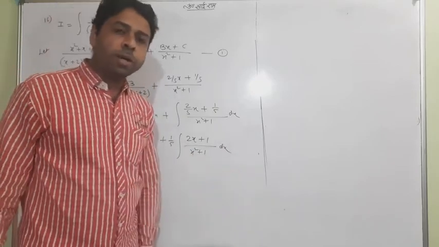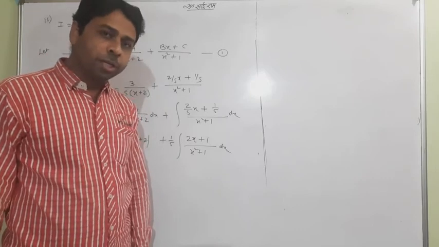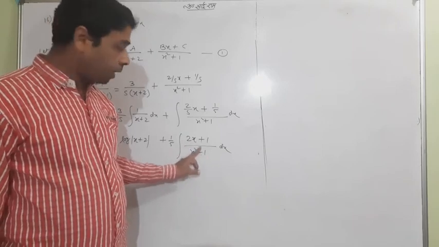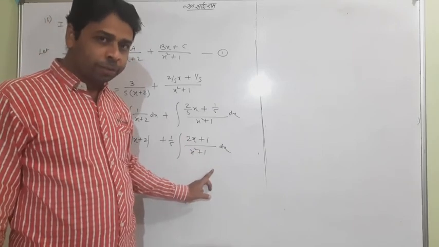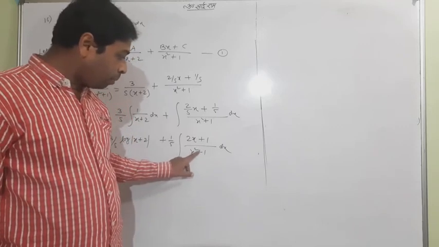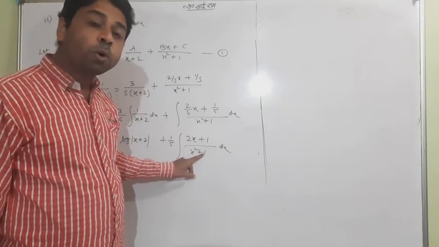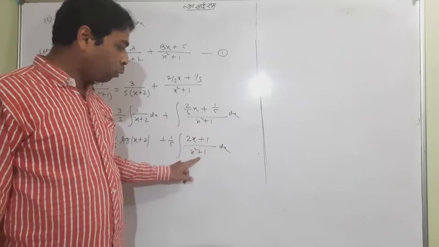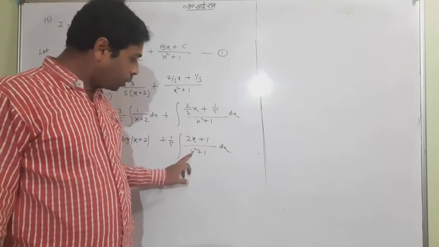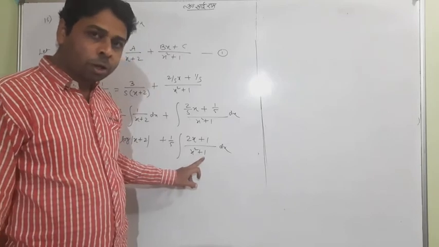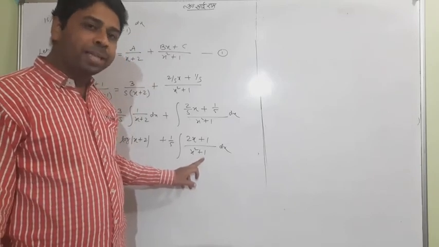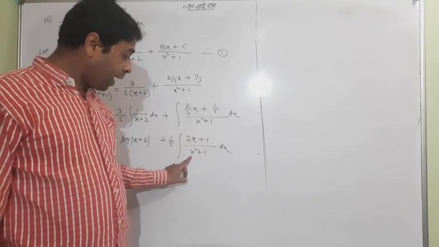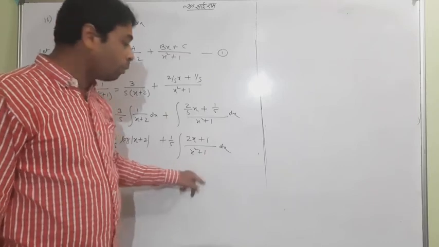Let me say one very important thing. If you focus on that, it will be easy. It is linear and it is quadratic. Linear upon quadratic concept we have already studied. But let me explain. It is x square, but there is no x term here. We don't have a lone x term here. So don't do it by linear upon quadratic, because in the case of quadratic, it must be ax square plus bx plus c. A single x term should be there, then linear upon quadratic is applied. This is not so. It is linear, yes, but the quadratic is x square plus 1. Alone x is not here. So we have another method.